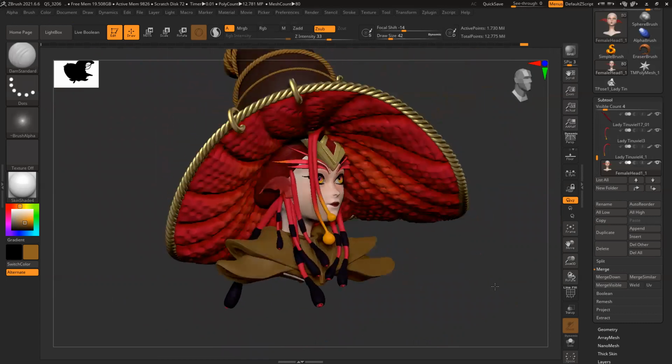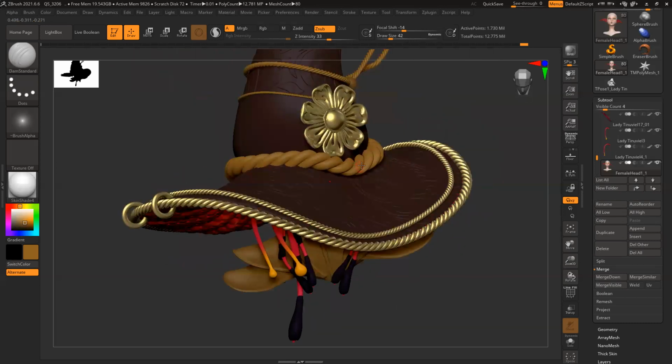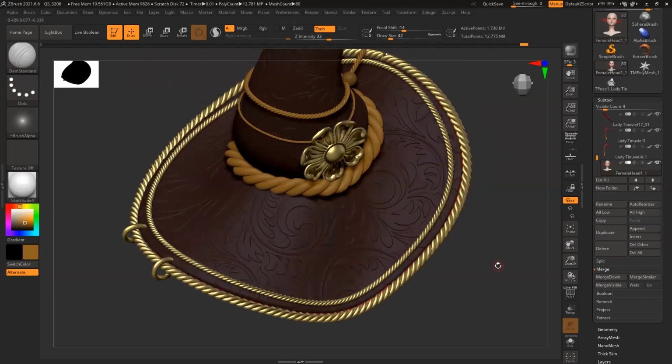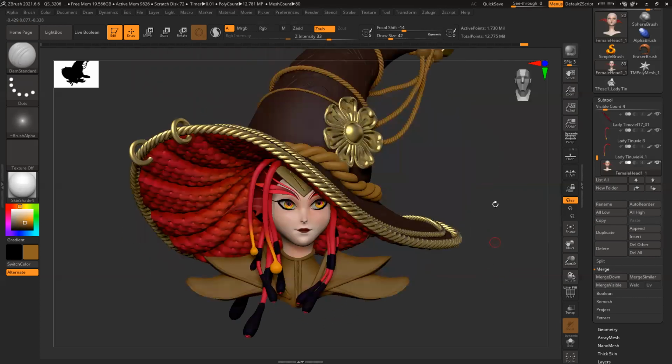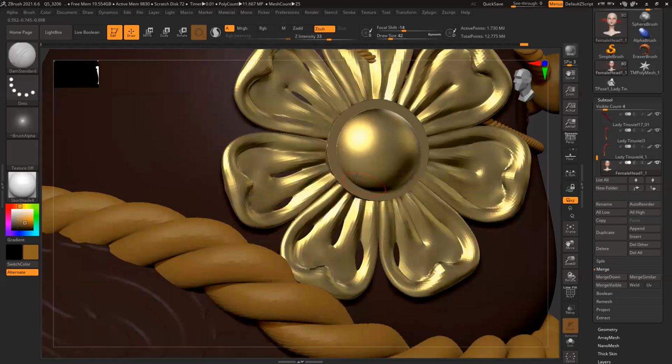Now we have to add a few more details, and fix this thick color and everything. This color also I don't like. It should be darker, so I'll add some darker color. And this base should have slightly more variation. That is something I can do directly. Now I can render this thing out very easily. I can do it in ZBrush itself, or if I want, in KeyShot, and there is a render shortcut already available in ZBrush. You can use KeyShot directly.